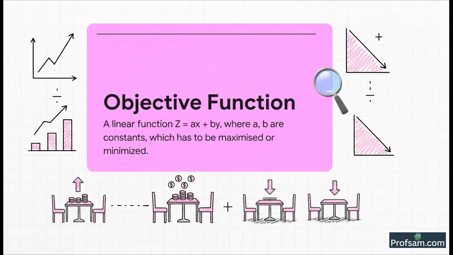So here's the official definition, straight from your NCERT book. The objective function is a linear function written as z equals ax plus by. Our job is to either maximize this z, like when we're talking about profit, or minimize it, like if we were talking about costs. Now, the x and y here are the most important part. They're called decision variables because the entire answer depends on the values we decide for them. For our furniture dealer, this means deciding how many tables, x, and how many chairs, y, to deal with.